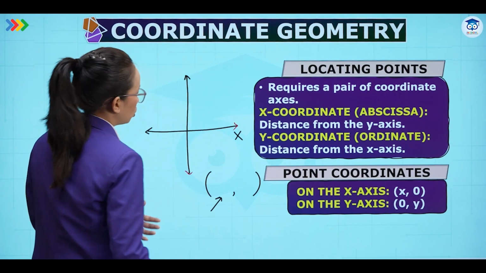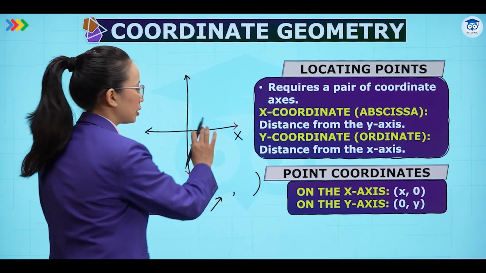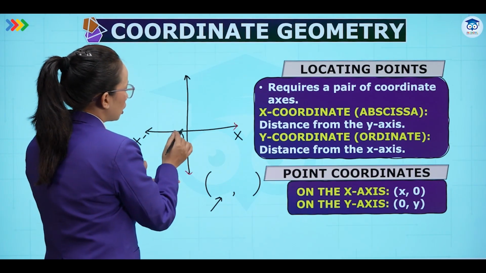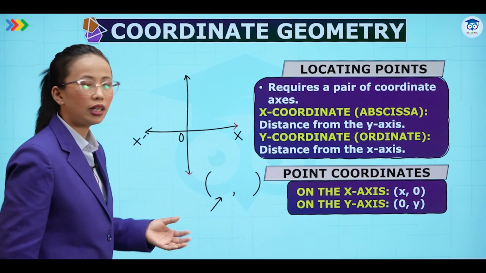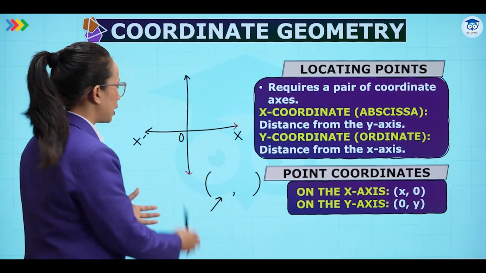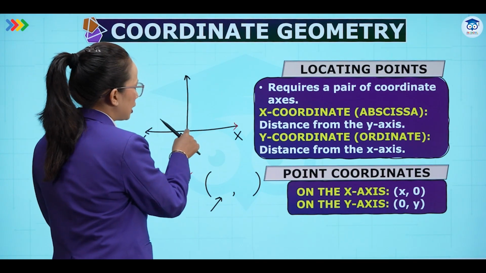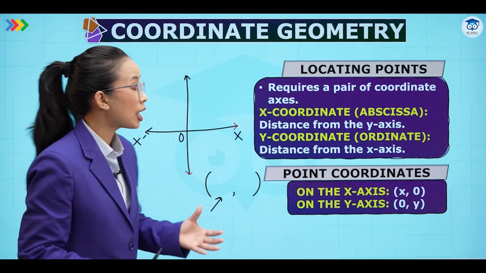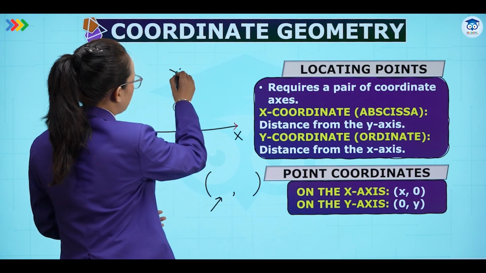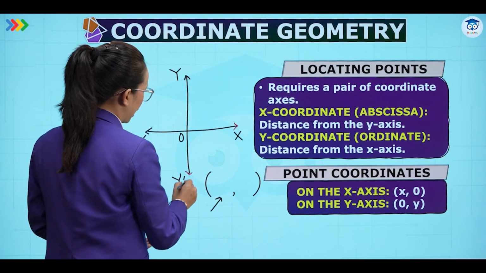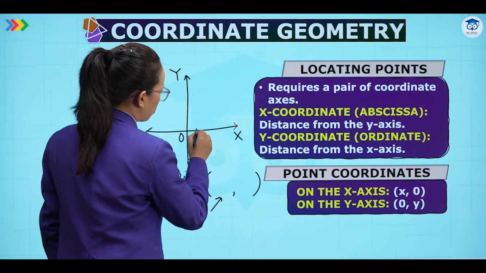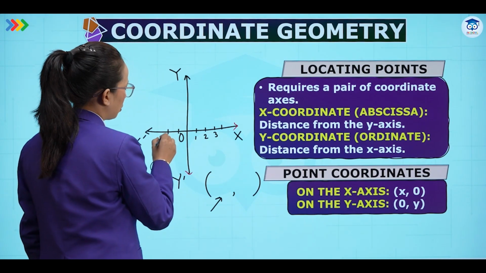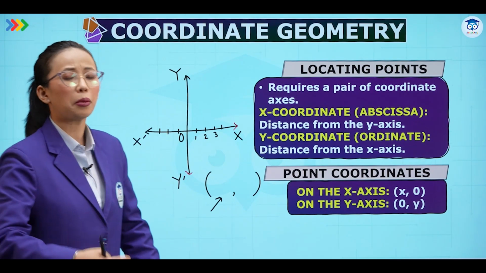On this side we have the positive x, and on this side we have the negative x, and the point where they intersect each other is the origin. There the coordinate is (0, 0), the point we take as the initial one. Now this is the positive y and this is the negative y. On this side we have 1, 2, 3 and so on. On this side we have -1, -2, -3 and so on, like a number line.